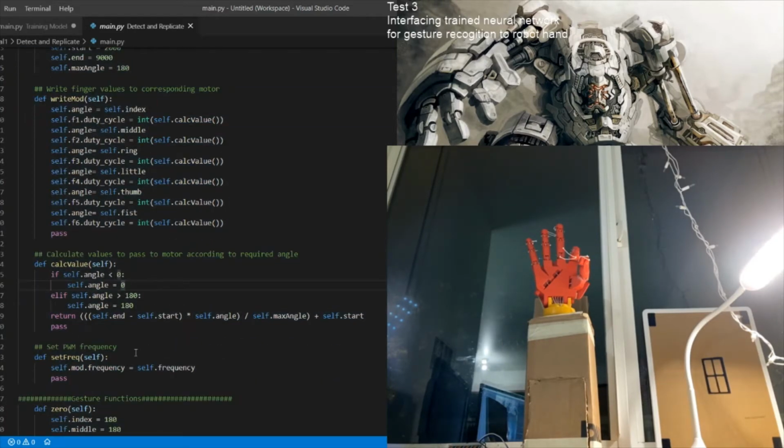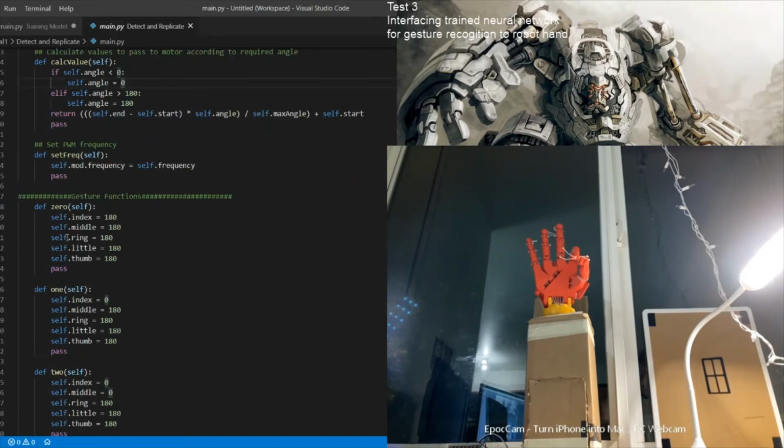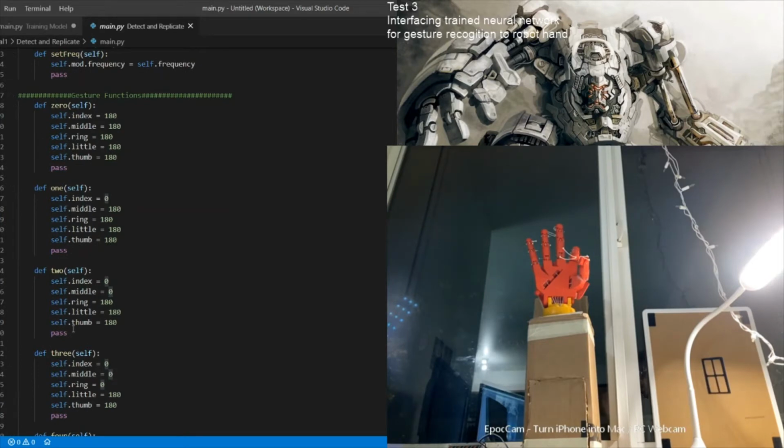Set frequency is similar; we can set the different frequency we want to control our motors, but we initially set it, and once we set the frequencies, we do not change it in later parts of the code. Apart from these, there are some different methods like 0, 1, 2, 3.